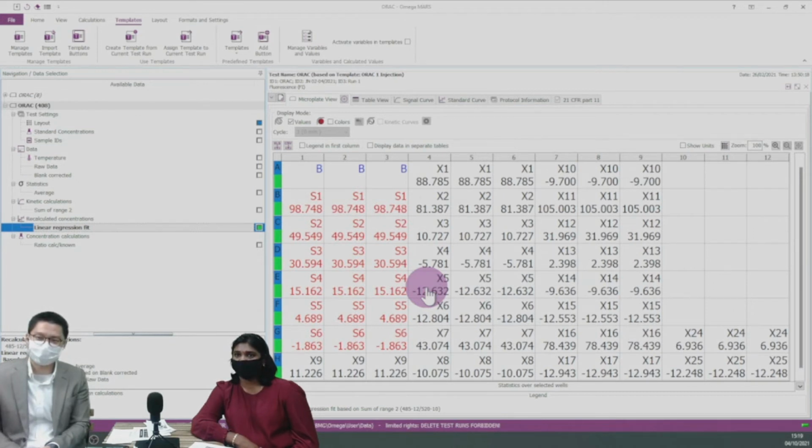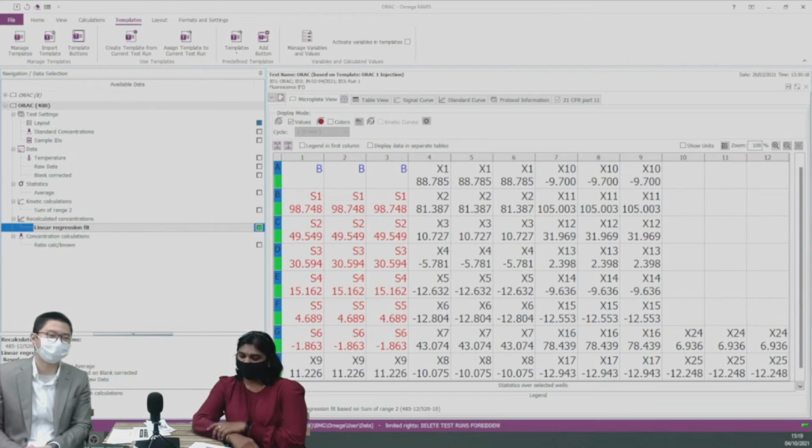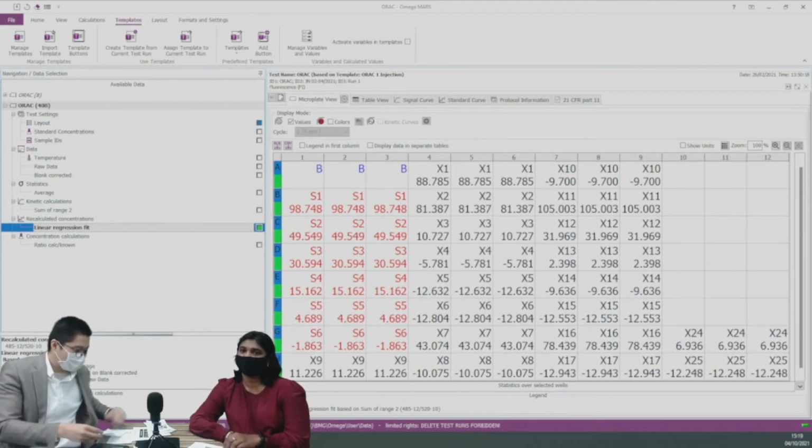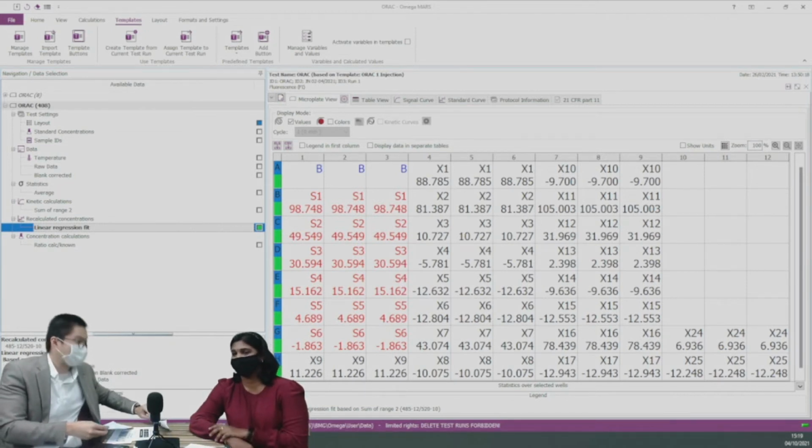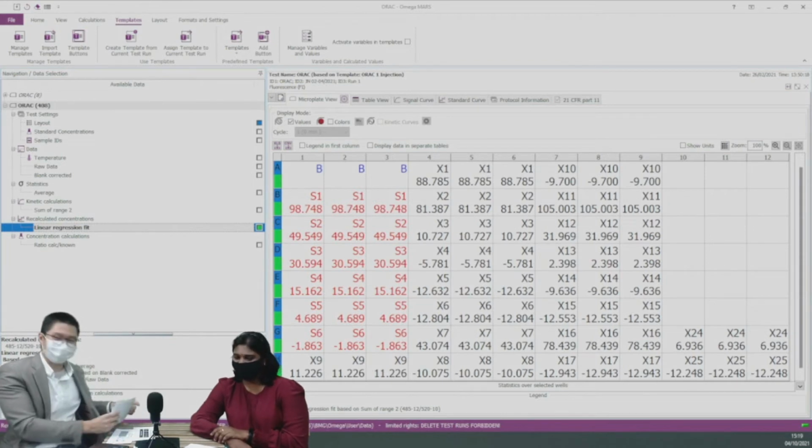Maybe to ask for an impression from a customer, because the lab actually has 2 of our microplate readers. The first one is the FLUOstar Omega, which has been there for 10 years, I think, and is still running. And recently you also have the CLARIOstar Plus, which is also used for the ORAC assay. So in your opinion, what do you personally like or maybe dislike about BMG LABTECH microplate readers?